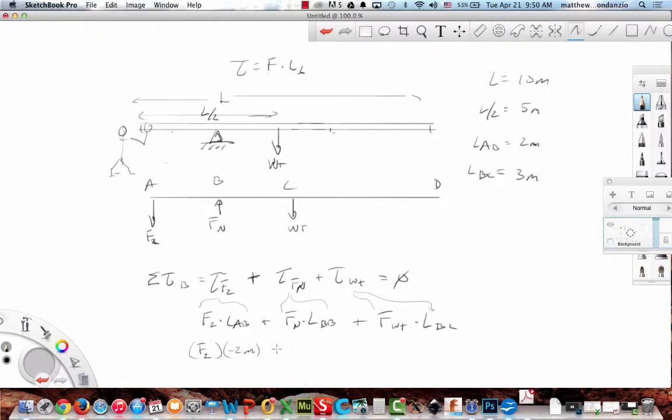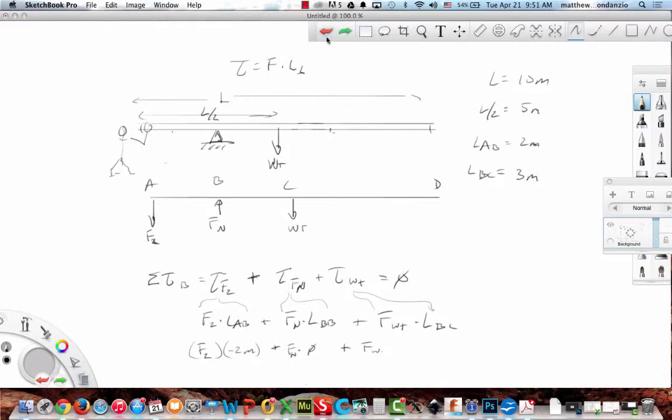So time plus my Fn, which is my normal force. Do I know my normal force? Don't know it yet, do I? Okay, so I'll have to figure that out. So let's, we don't know that yet, times my length of what? BB, which is what? Oh, 0. Maybe I don't even need my normal force. Isn't that cool? Right? Plus